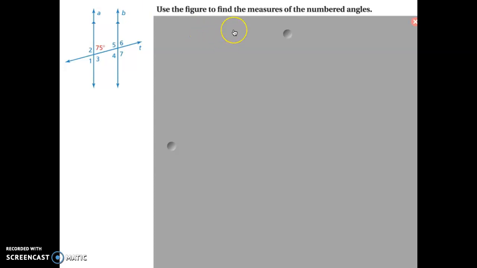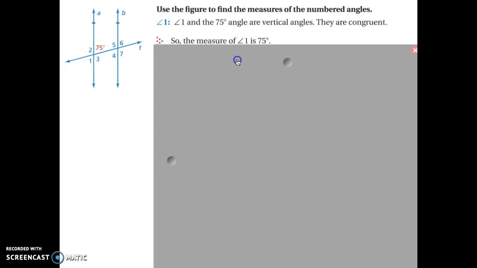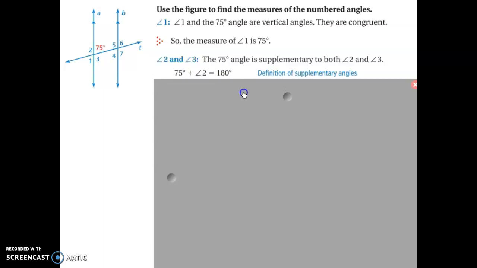So here we go. I hope you figured them out. I hope you took some time to do that. It's not just me telling you. We've got the first one that's labeled in red there with 75 degrees. Now angle 1 is a vertical angle to that, so they're congruent. They're the same. So angle 1 is 75. Now that means that angle 2 and angle 1 have to equal, you got it, 180 degrees. So if that is true,